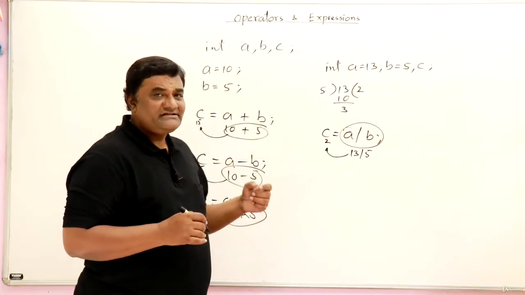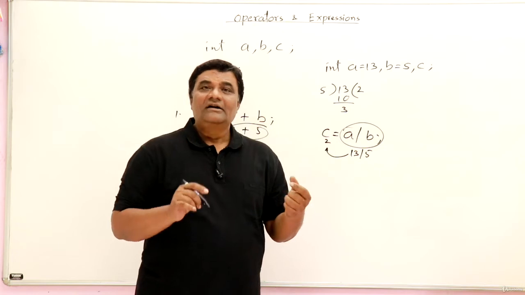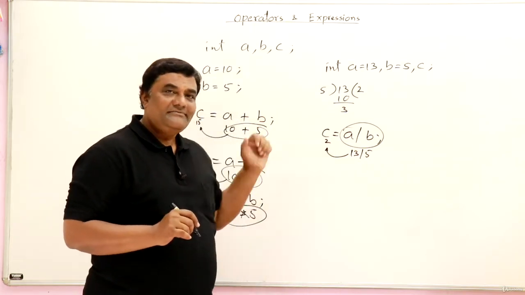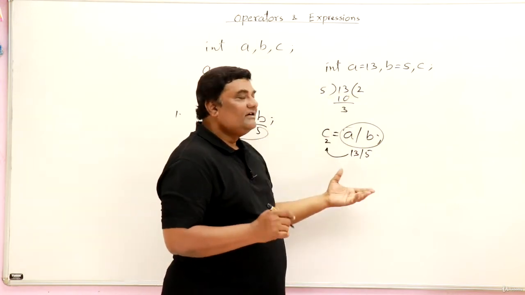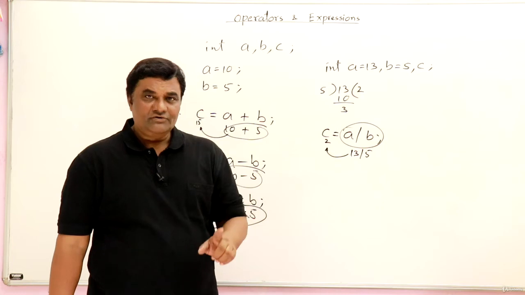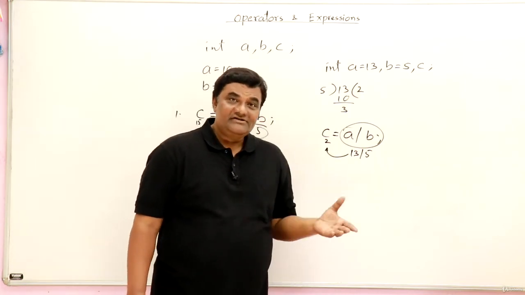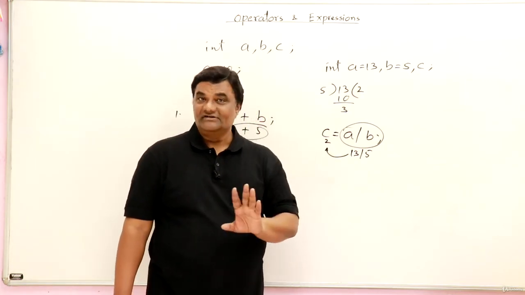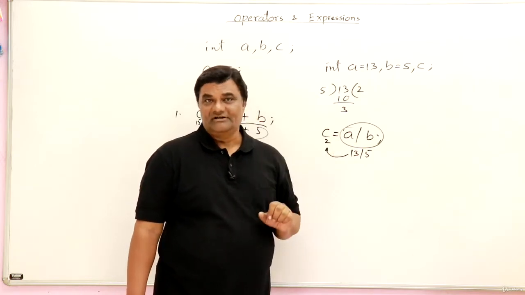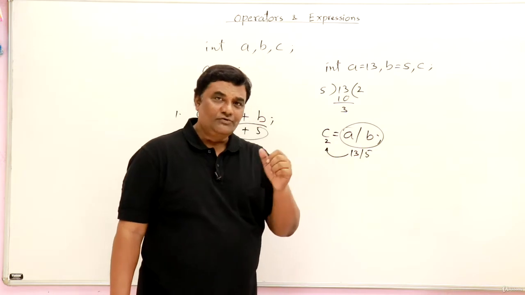It is not 2, it is 2.6. So that is decimal. It is floating point. But what is the data type we have taken? We have taken integer. So it will be integer result only. So this is the one important thing that you should know. If you're performing division on integers, then the result is also integer. Even though you're getting the result in floating point, it will not be in floating point. Then how to get floating point result, I will show you afterwards.